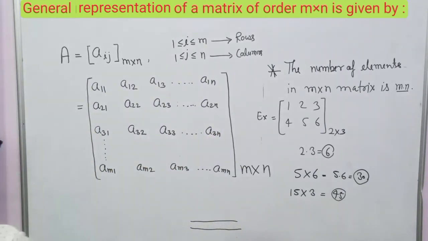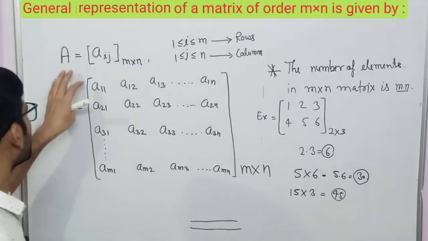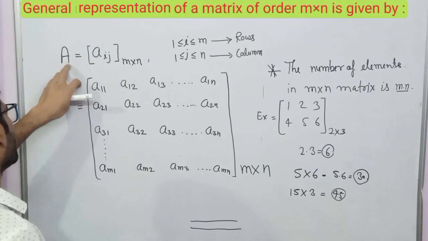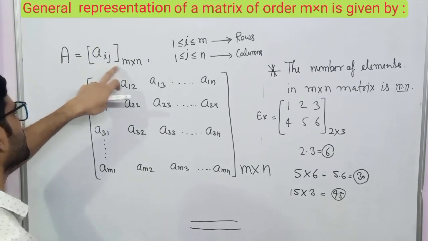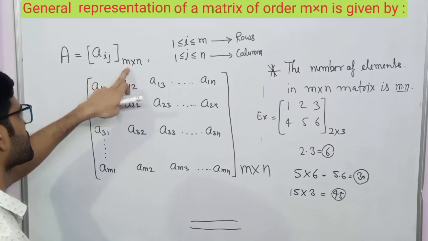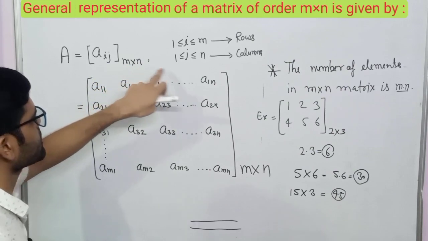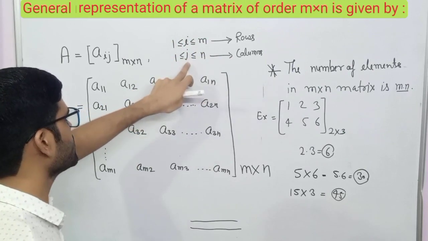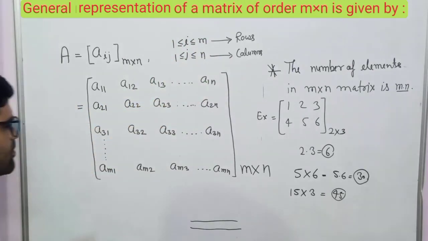Now if you write an example that this is the general form, representation of a general form. Okay, if any person asks you the representation of a matrix in general form, you tell him A equal to Aij m cross n, where m represents the number of rows and n represents the number of columns, and where i is from 1 to m and j from 1 to n. Okay, now